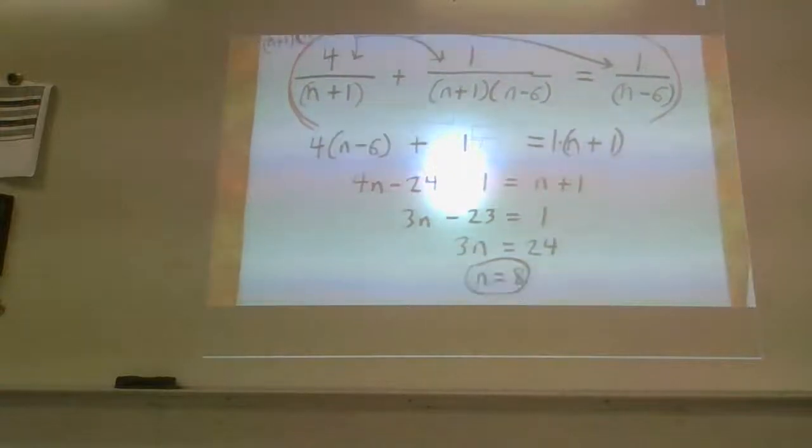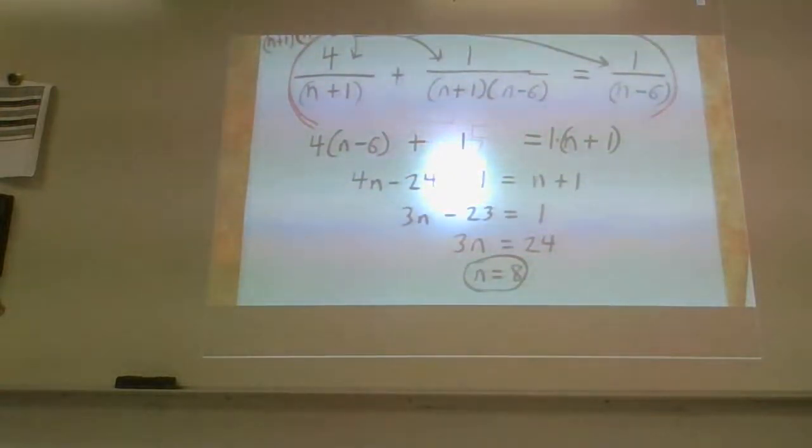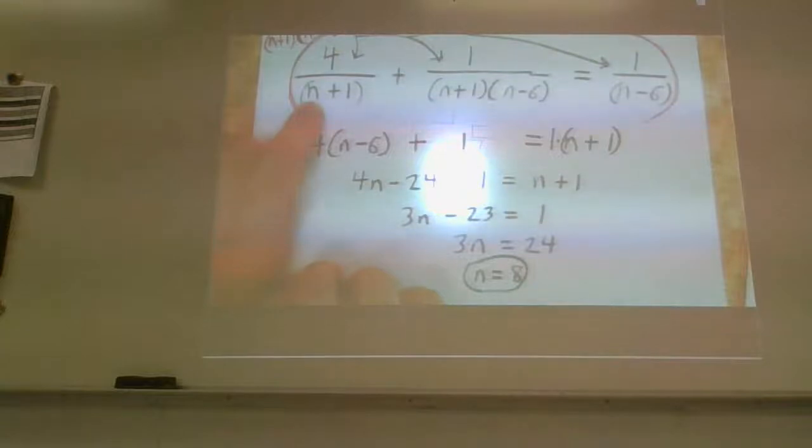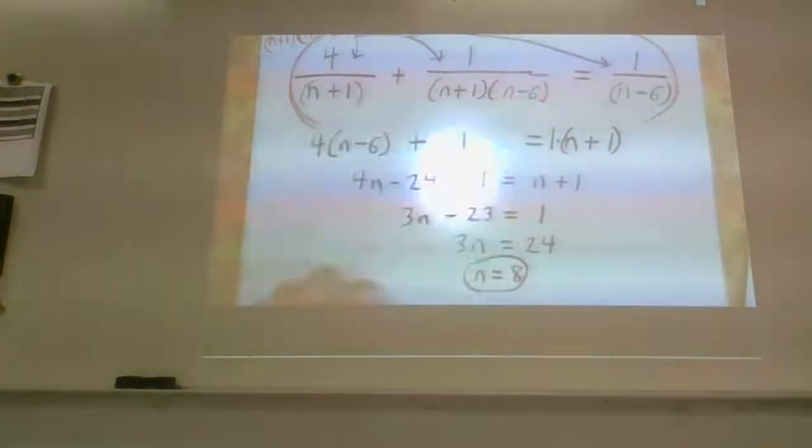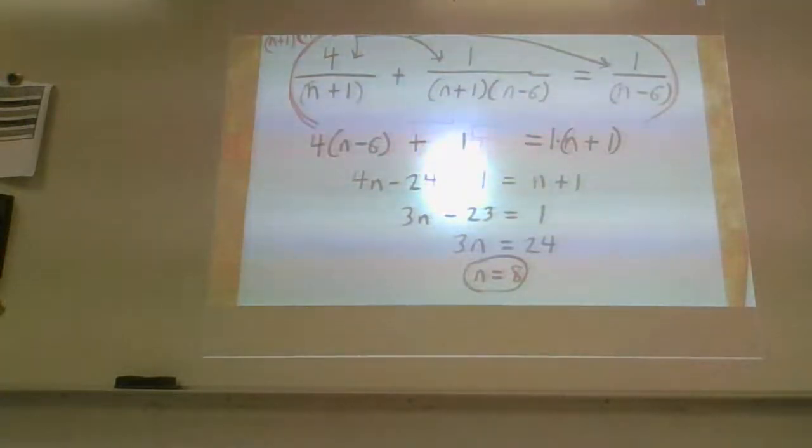Zooming out. The only thing that you then have to make sure of is that that number works in the answer. And it does. As long as you don't get a -1 or a +6, you should be totally fine with this problem. 8 should be the answer. And it does work. It's really weird how it works, actually. I'll show you real quick how it works.